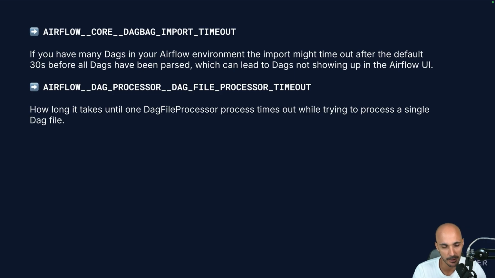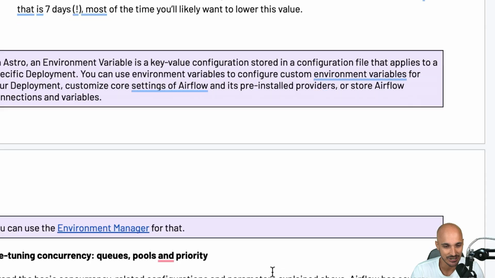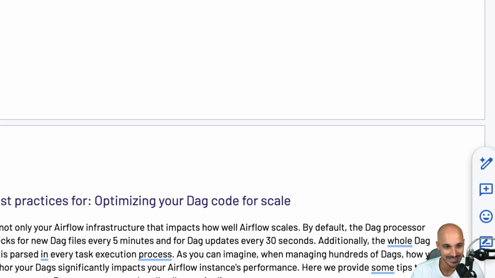So there are many parameters. This one also, the refresh interval or the min file process interval. I mean, honestly, this section in the ebook is a goldmine. There are so many things that you can tune and change in your Airflow settings that will help you with maybe what you're struggling with today. So that being said, there is another section that I love a lot in this ebook, which is this one: